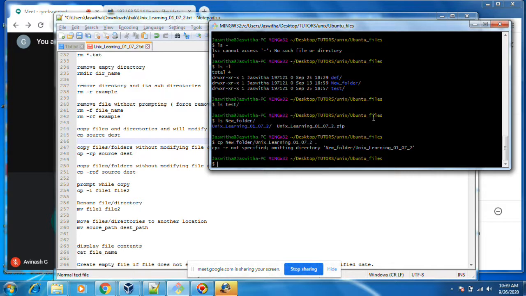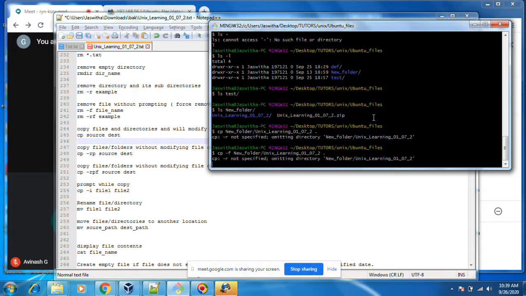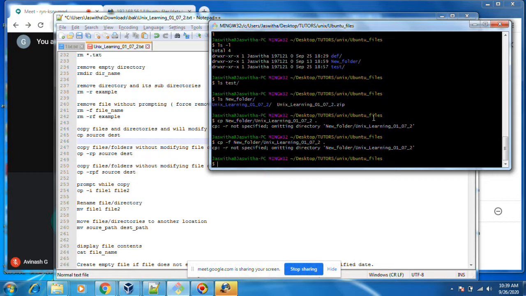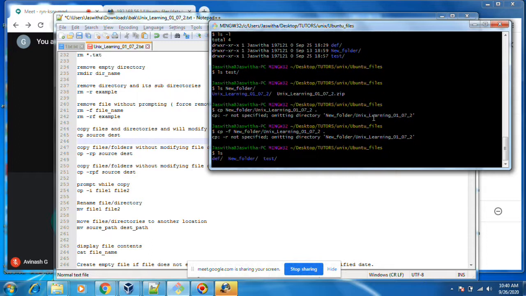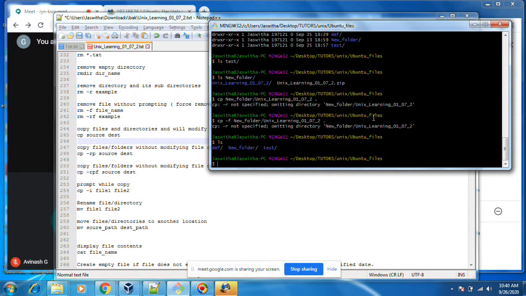Oh, that is a directory. That's why it is not copying. If you want to copy a directory, you need to do cp -r. Then only it will copy. Why it didn't come?